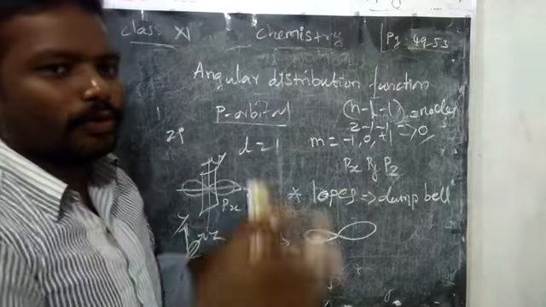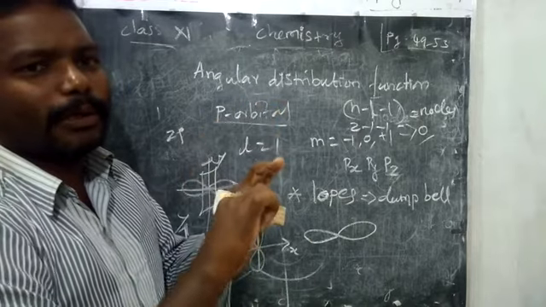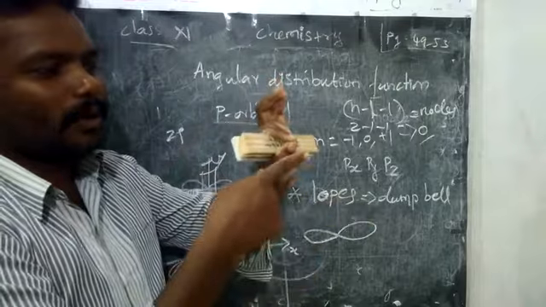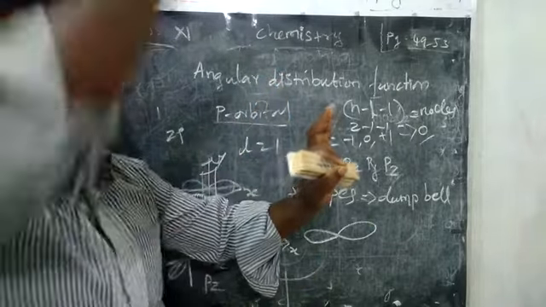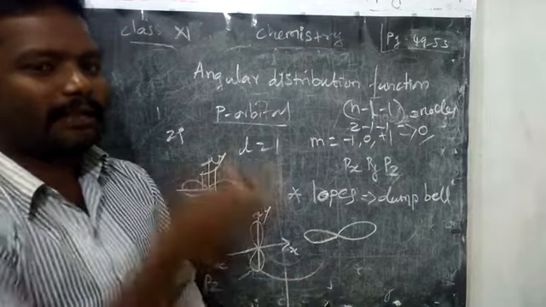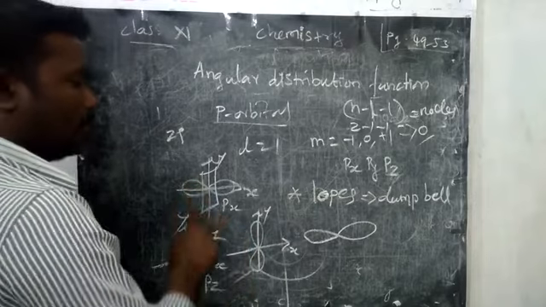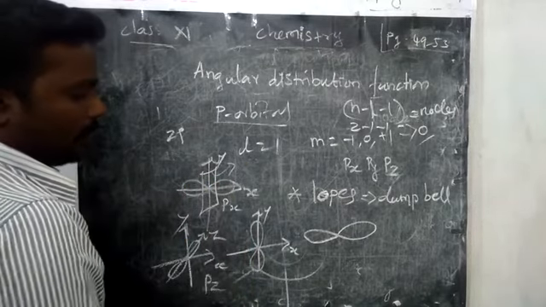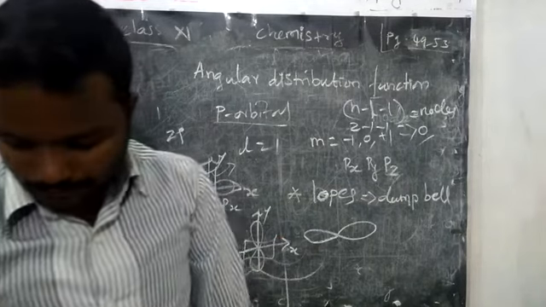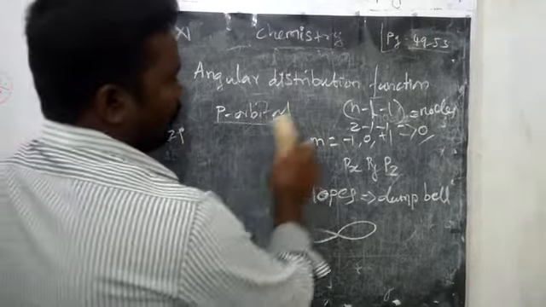If you consider two balloons filled with air, and you connect the mouths of the balloons, then in between the two balloons we don't have anything occupying that space. That is empty, and that is called a nodal plane. The same way here we have a nodal plane. Right. Next we are going to learn about the d orbital.